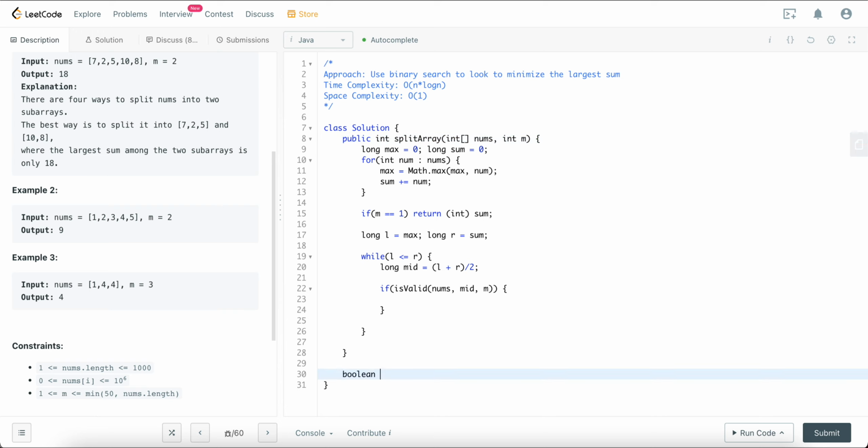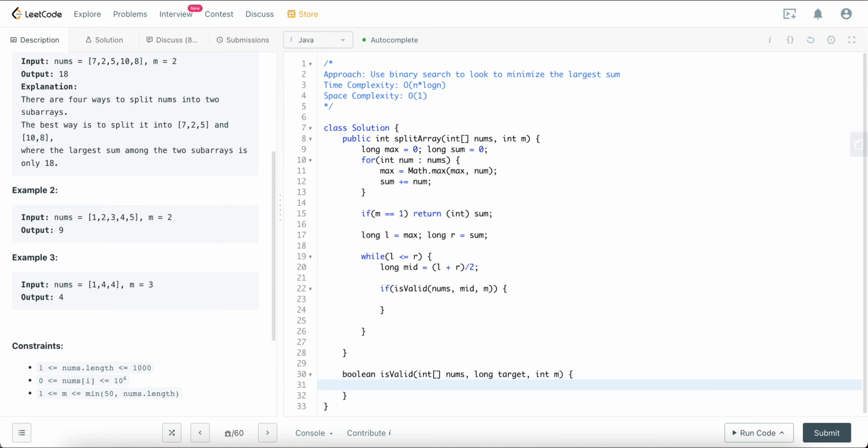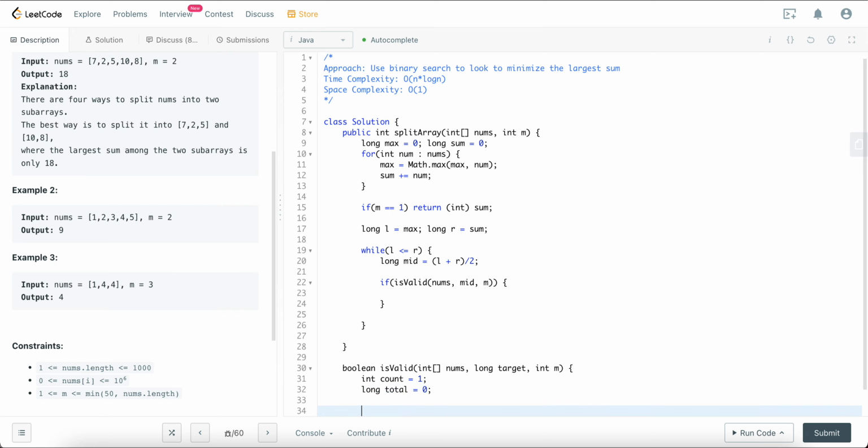So it passes back a boolean, isValid, and a couple of parameters: int nums, long target, and int m. So what are you trying to do here? You're trying to see if you can divide the array into m pieces where the largest value is at most the target. So let's do that. You would have int count as the number of pieces, so we start off with 1, and long total would be equal to 0. So for int num in nums,